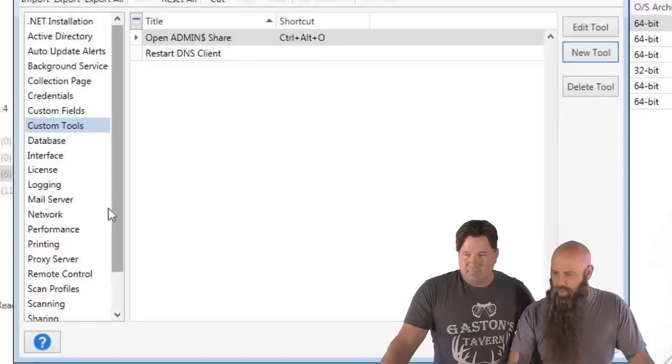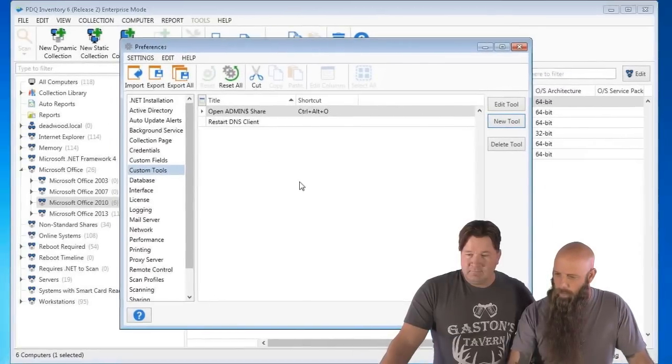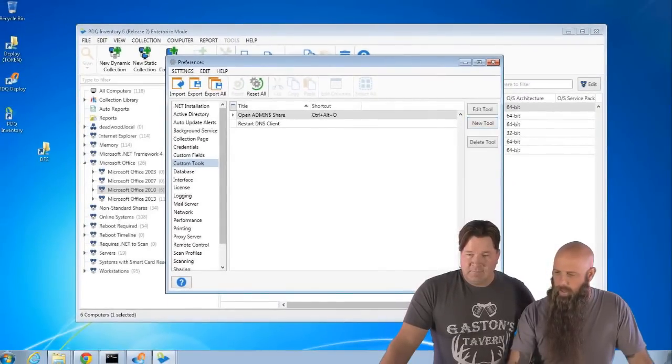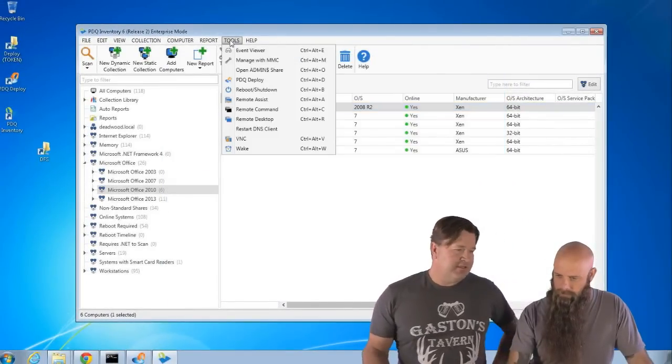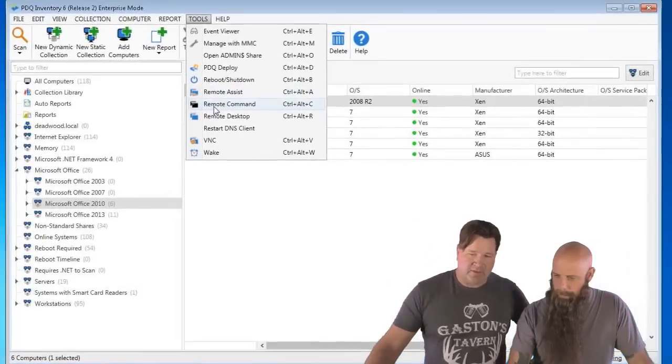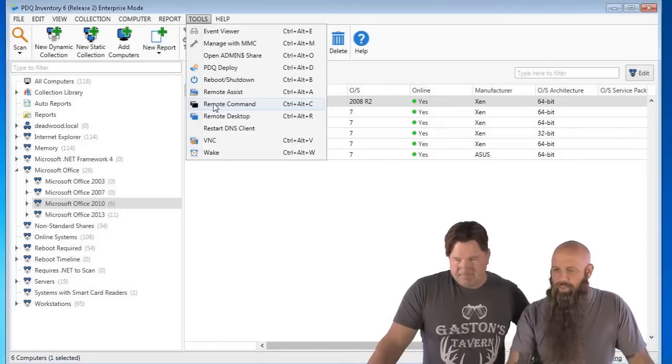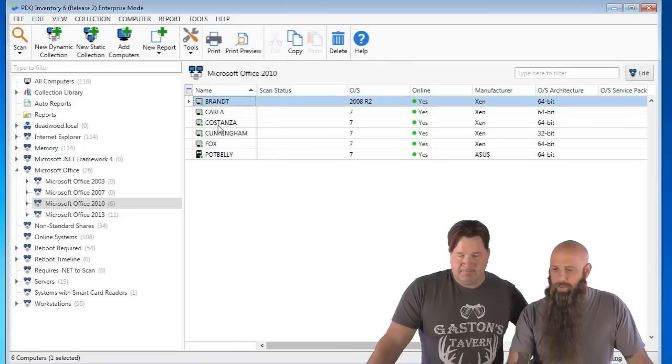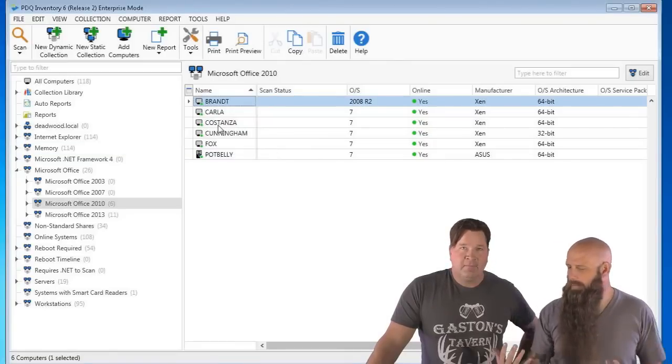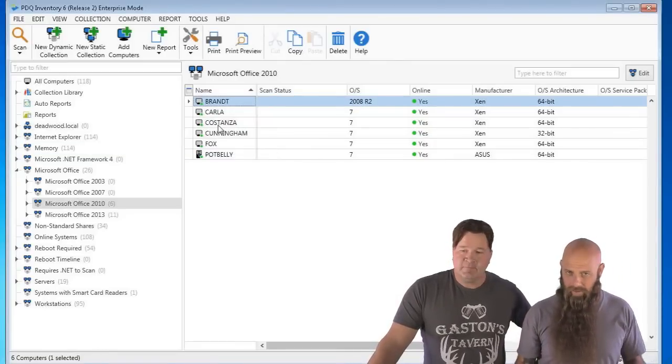So I'll say okay, I'm not going to give it a shortcut. And now because of tagging that, you don't need a target computer. You should be able to call that from pretty much anywhere. If you see the tools now, you'll see that we've got the Restart DNS Client. That's just going to restart that here on my machine. Now that came up pretty fast. If I want to see that window,